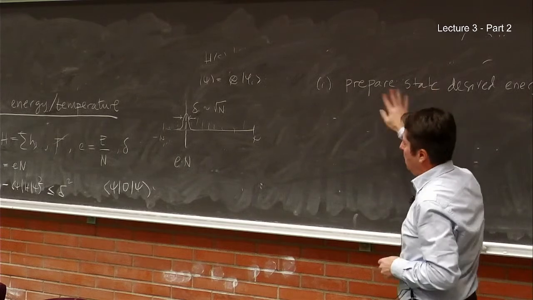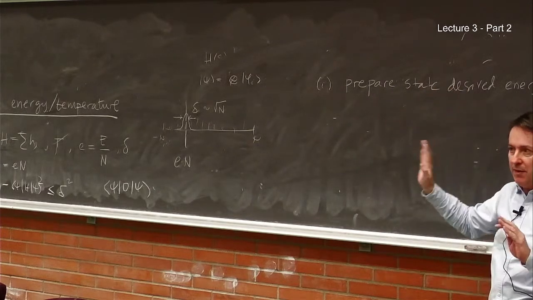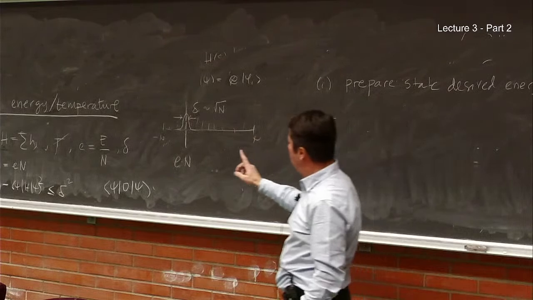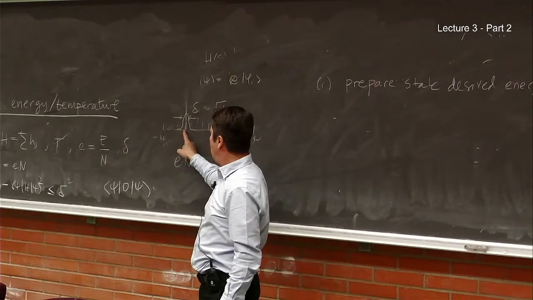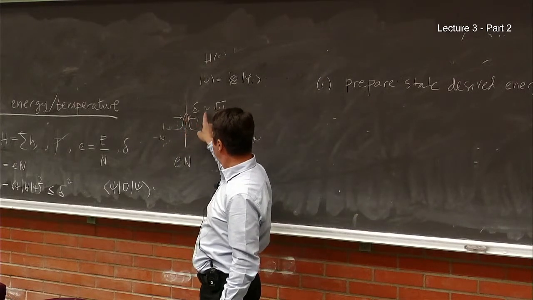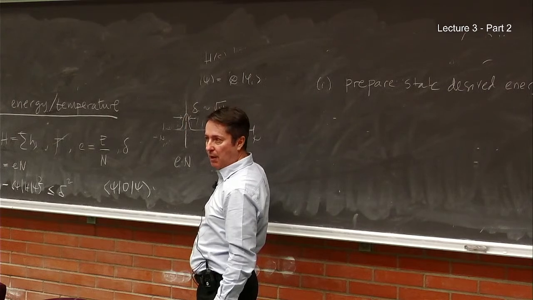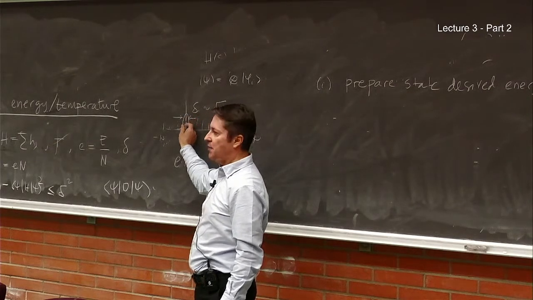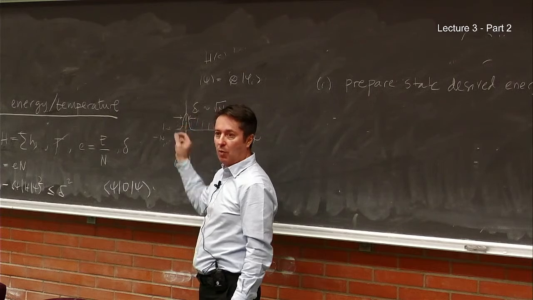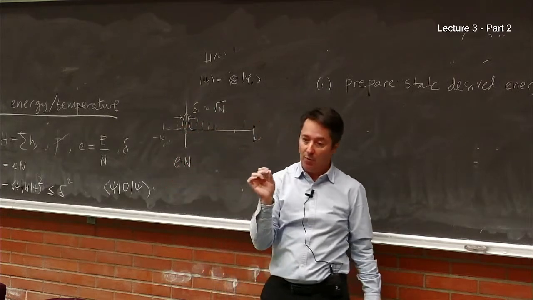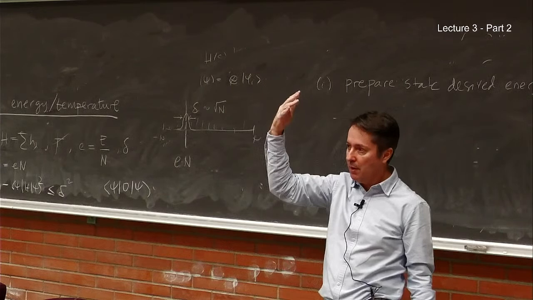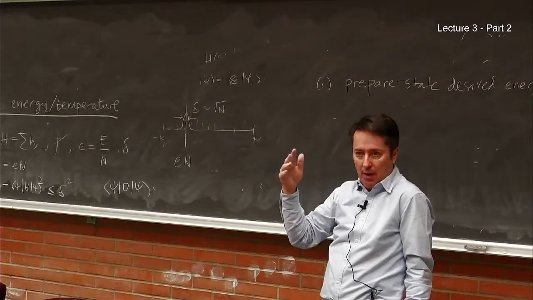Now, let's take the case in which you prepare a product state to make it simple. Then we know that now we have the right energy, however, this variance is too big. It's a square root of m. And we want a variance that is narrow. So what can we do? Well, we can filter, the same way that if you have light of many colors and you want one color, you put a filter.